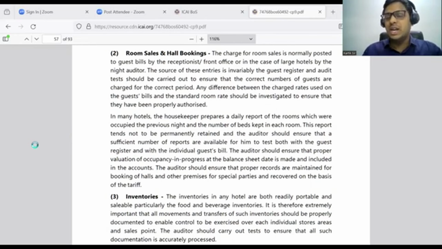Based on that, he will tell you the rate that he is going to charge. So the correct number of guests is very, very important. After you have answered, suddenly you see that behind the reception a man is sleeping. That person is a night auditor, and the night auditor is required to maintain the records of how many people stay in a room at night in the hotel. That record should be very, very clear because that is the main source of revenue.